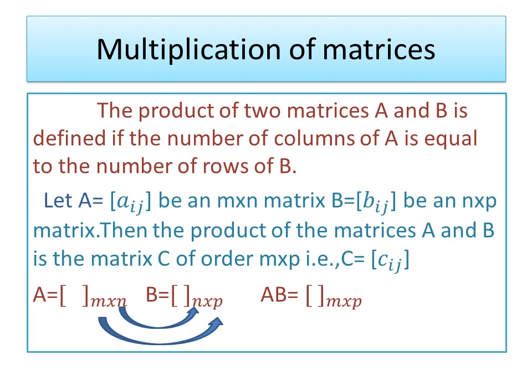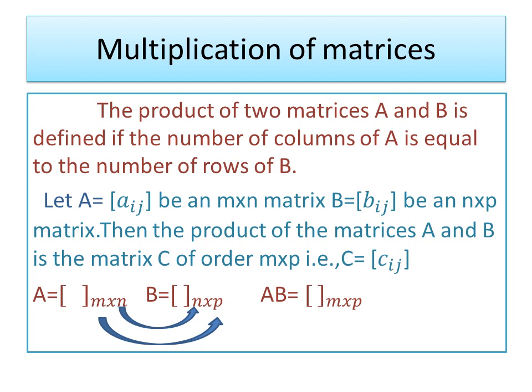Now we describe the multiplication of matrices and its properties. Next, we'll see how we multiply two matrices. Before that, we'll see the condition for multiplication. Let me consider matrix A of order m by n and matrix B of order n by p, such that the number of columns of matrix A, listen carefully once again, the number of columns of matrix A is equal to the number of rows of matrix B.